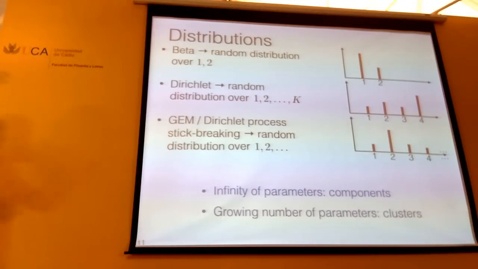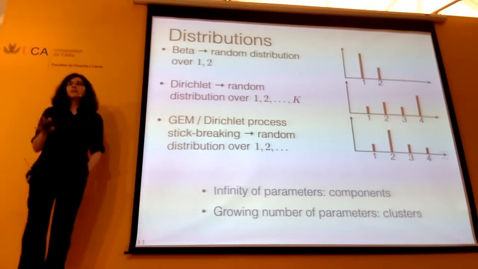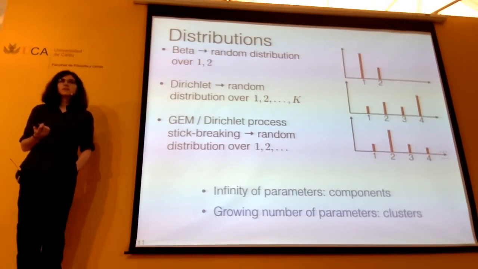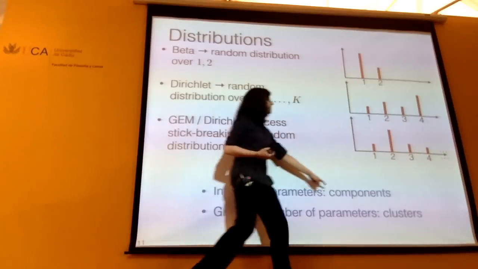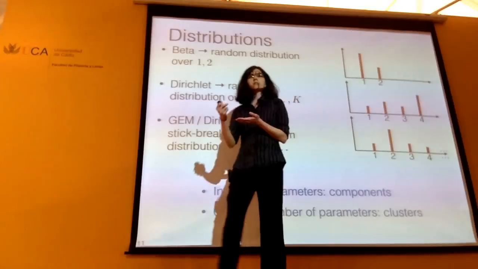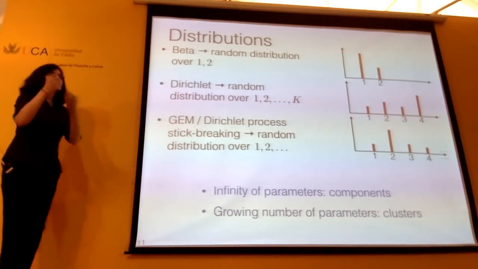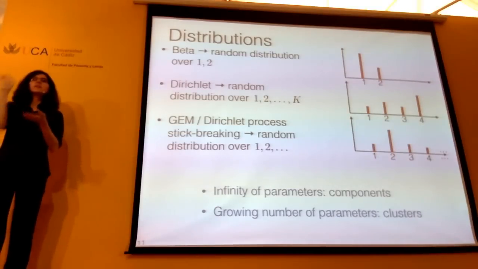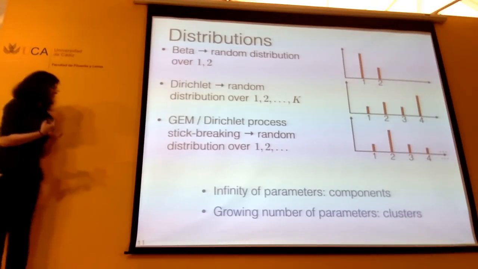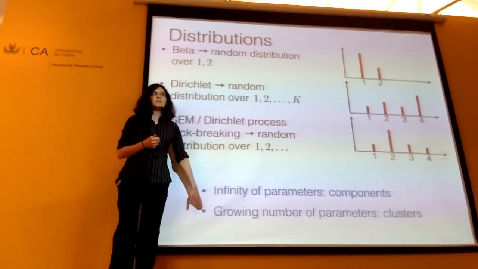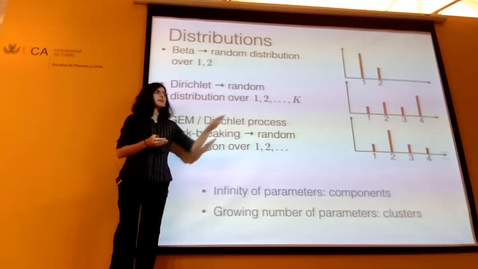And so, to some extent, we're starting to answer the questions that were posed in the beginning. How can I have an infinity of parameters and yet a growing number of parameters? Well, I can have an infinity of parameters because those are the components. I have an infinity of components here. And when I start drawing the cluster assignments, when I say that the cluster for my first data point is going to be cluster 1 with probability rho 1, cluster 2 with probability rho 2, cluster 3 with probability rho 3, I'm just going to be drawing one assignment. There's going to be a finite number of clusters for any finite number of data points. And that number of clusters will grow as the number of data points grows.